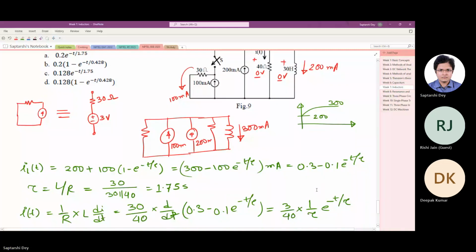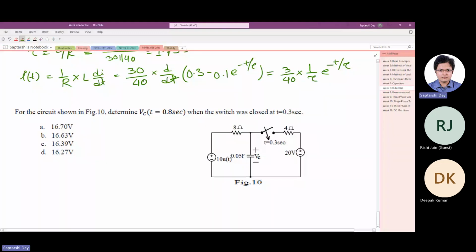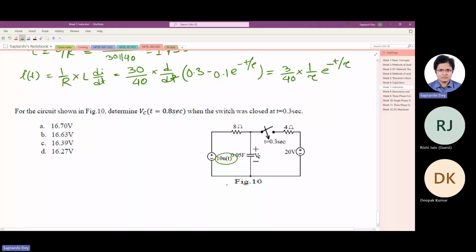All right. The last question for today. For the circuit shown in figure 10, determine VC at 0.8 second when the switch was closed at 0.3 second. Okay, so you see here there is a 10 volt source. So at t equals 0,